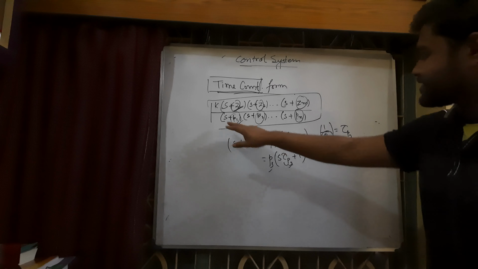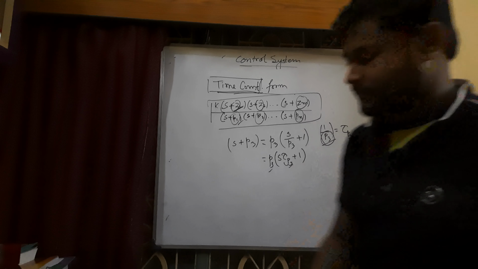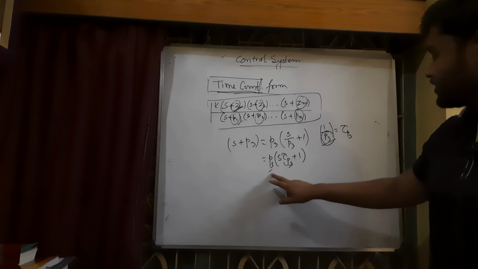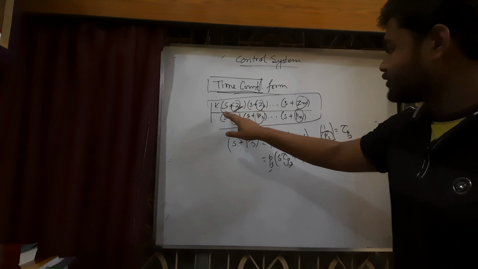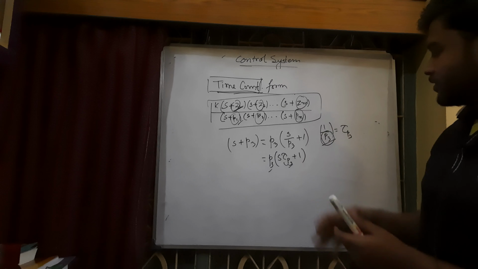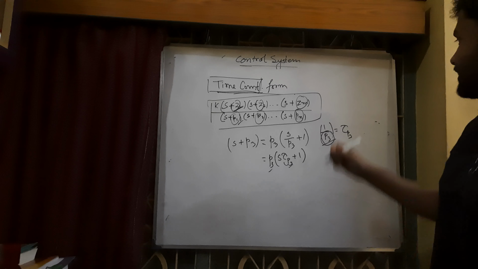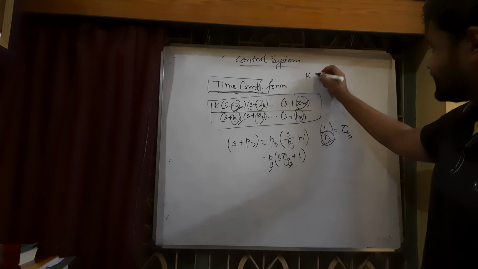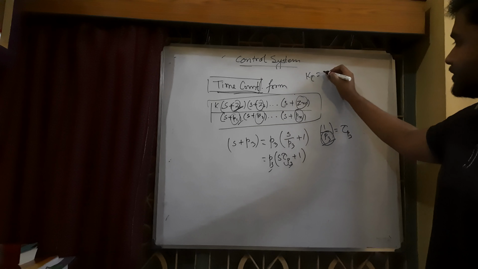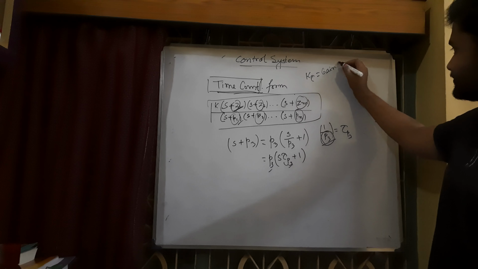So I can write each and every term in this form, and taking common all the pole values, all the zero values and the k, we will combine them together and denote another constant, let's say k tau. It is the gain constant